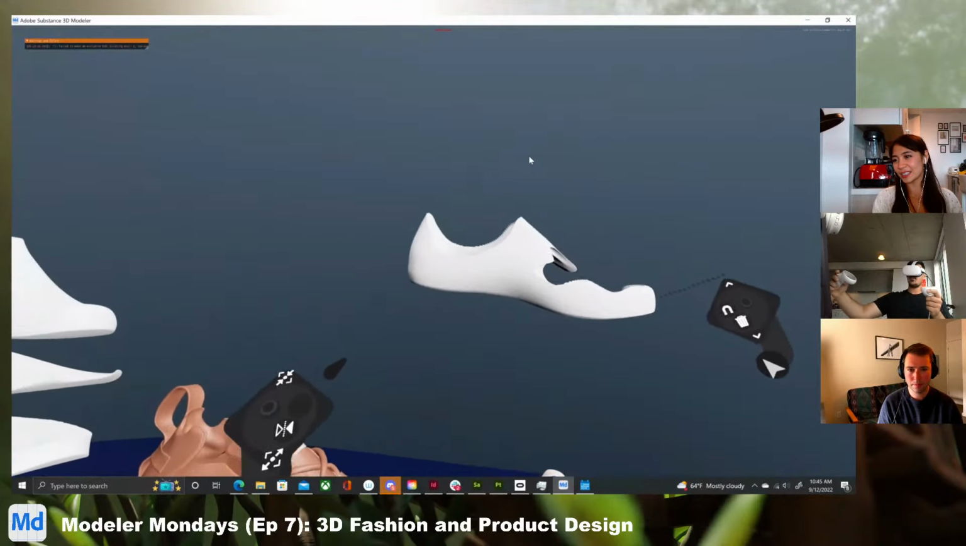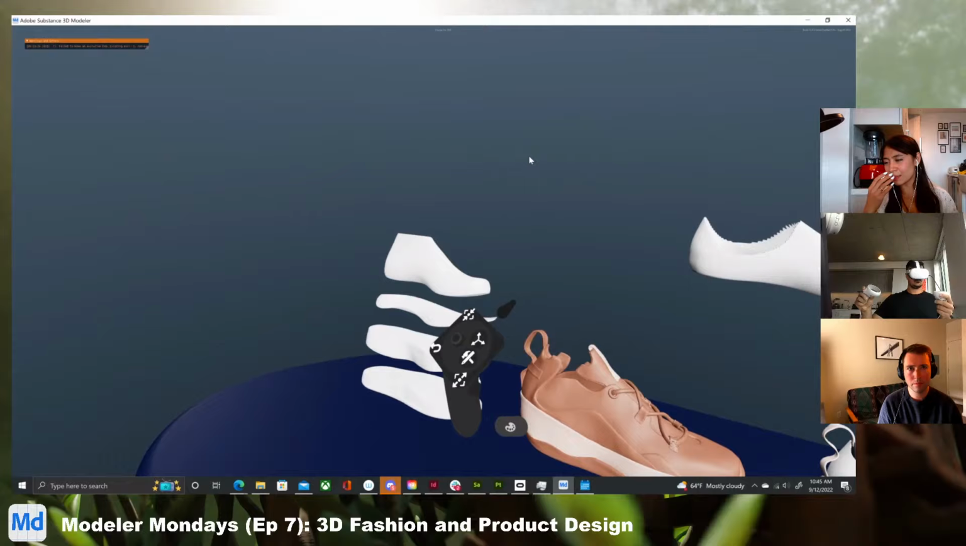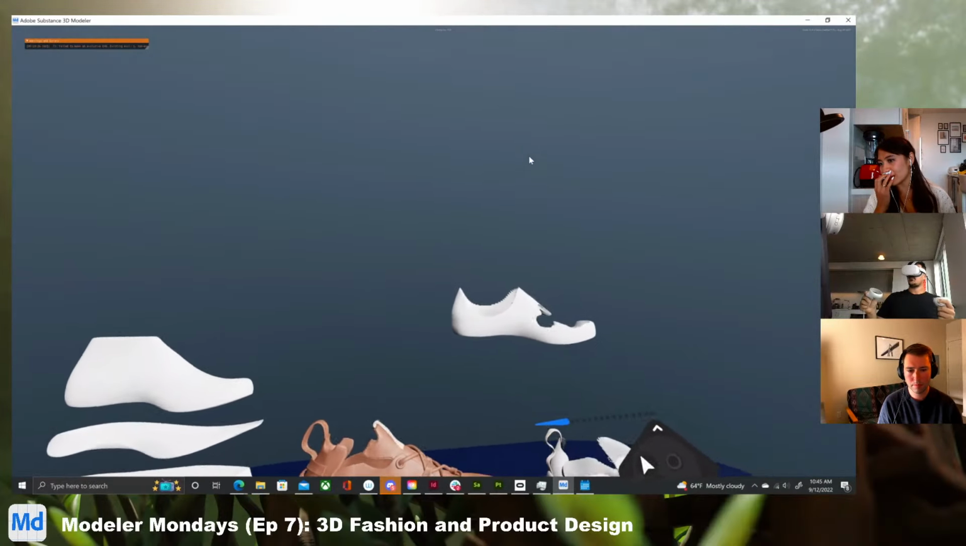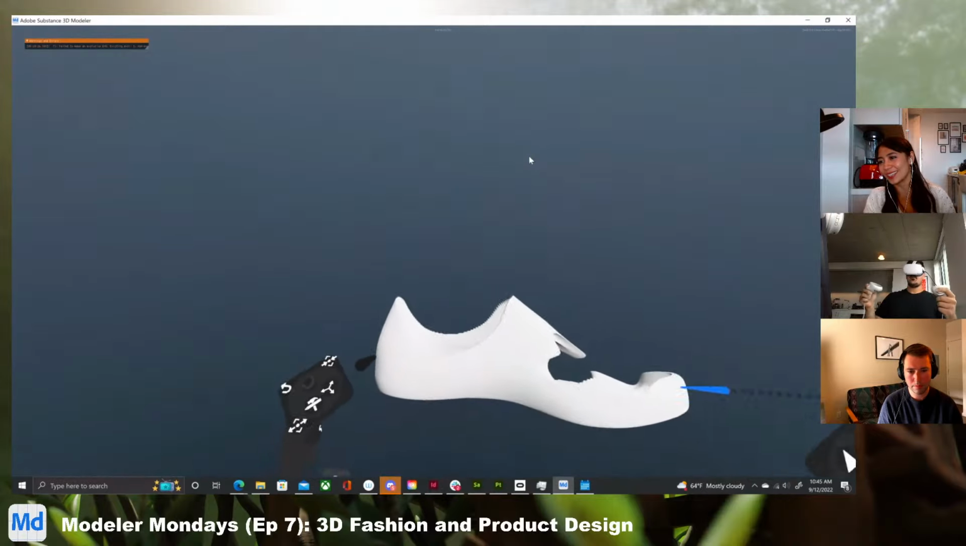Oh, that's really interesting. Is there any way that you typically would check for holes or any weirdness in your mesh at this point? Or, I mean, obviously there are holes in that shoe, but